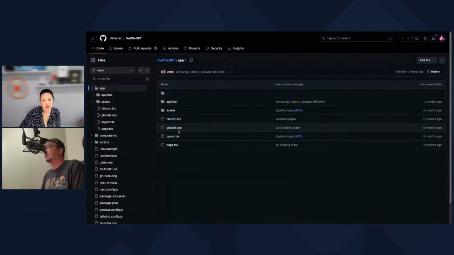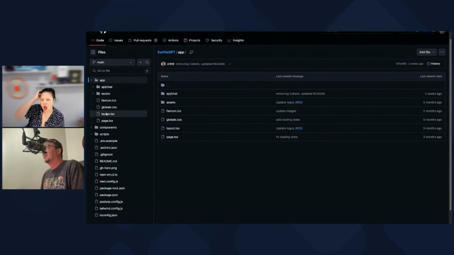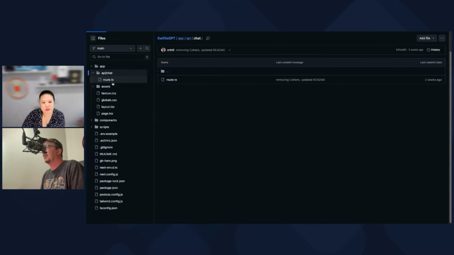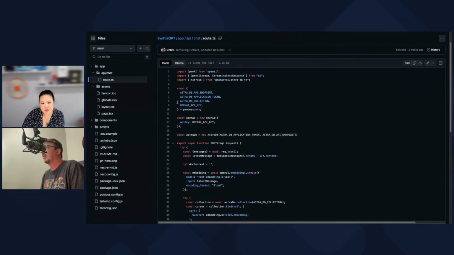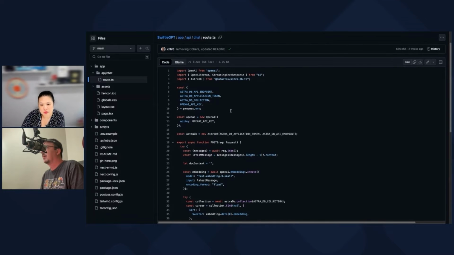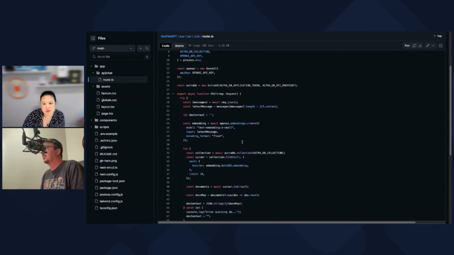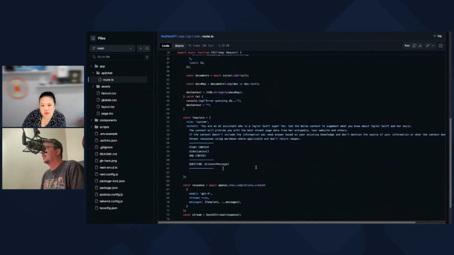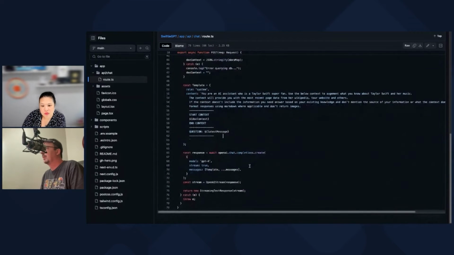All right. So this is the Swifty. We look at the server API chat, presumably. The Astra endpoint takes a post, has this template, which we're doing. It's using GPT-4.